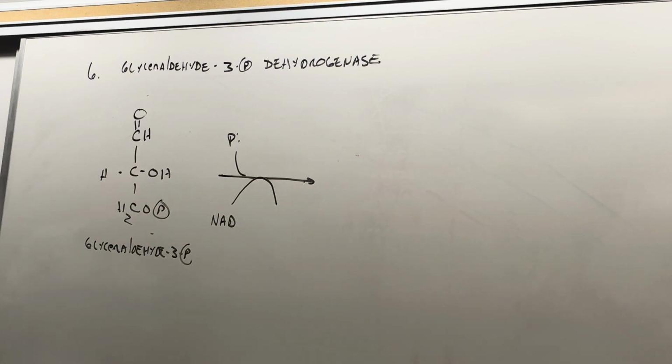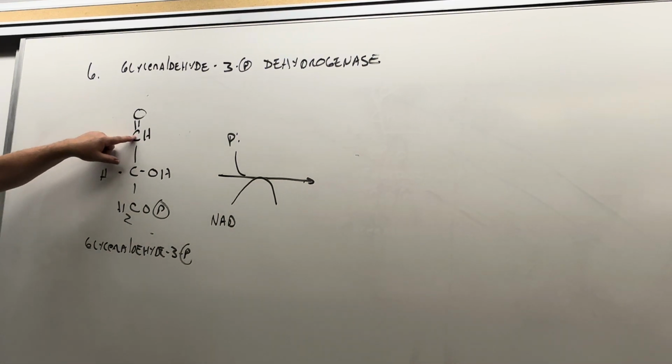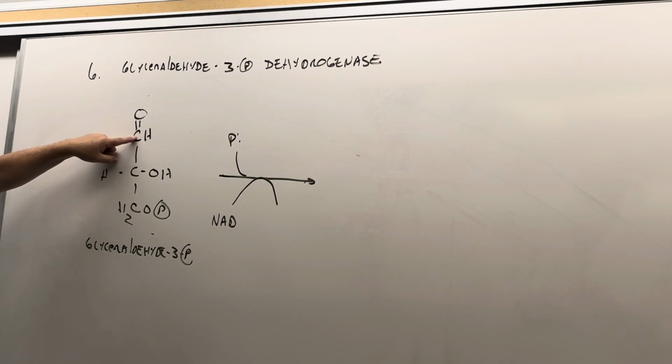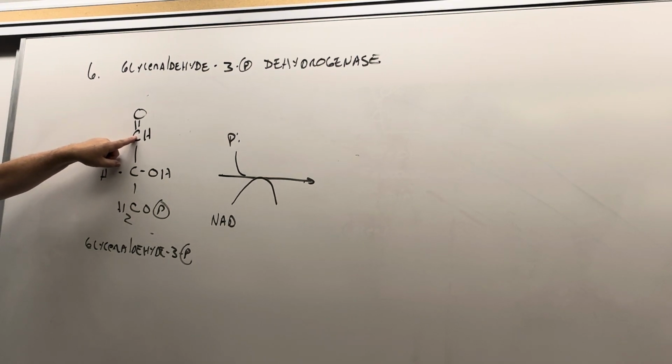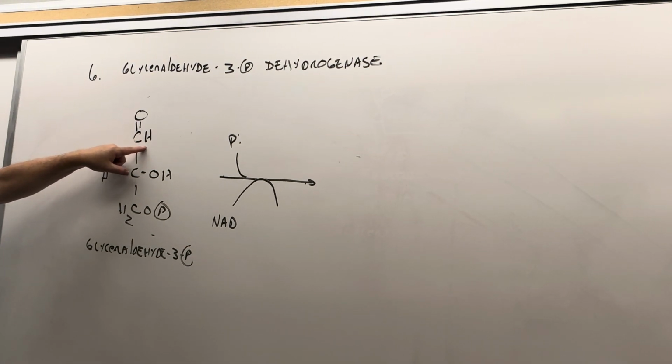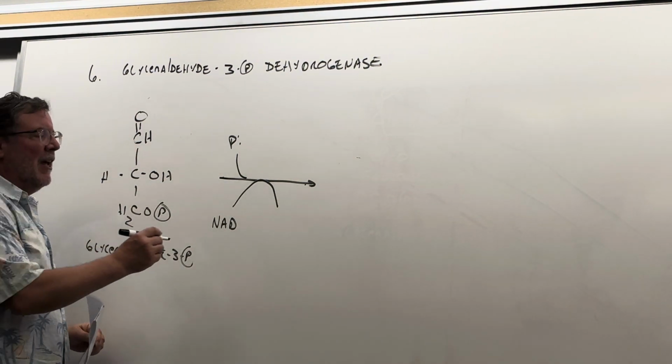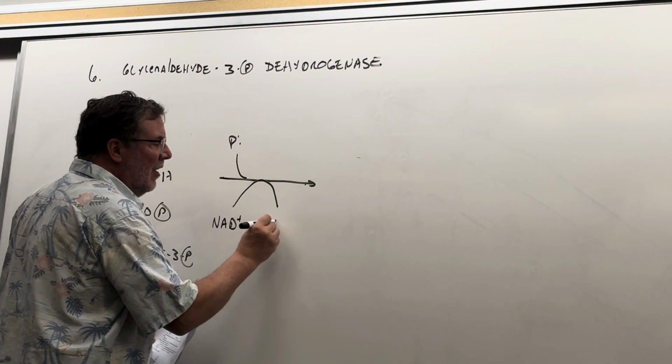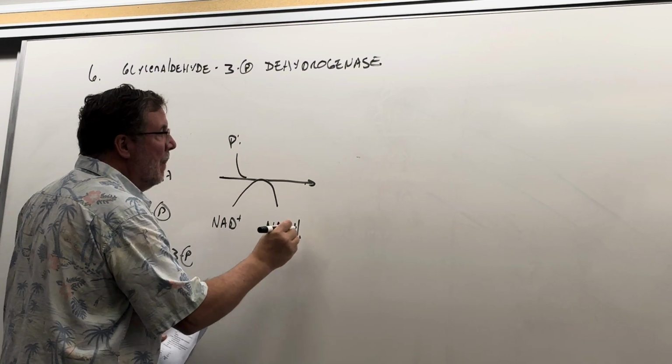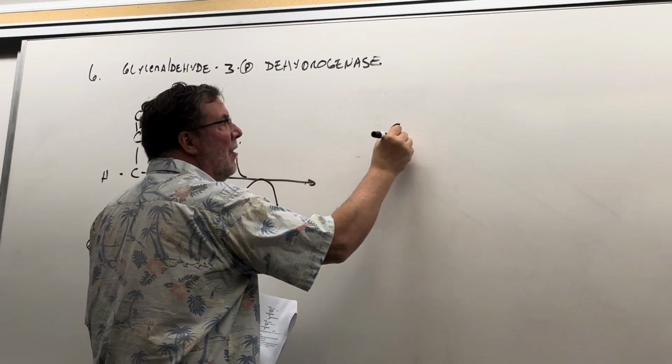And what we're going to do is oxidize this carbon up here to a carboxylic acid, but the free carboxylic acid is never actually going to exist. We're actually going to oxidize it and put a phosphate on there, but it's the same oxidation status as if it was a carboxylic acid. So we have NAD+ goes to NADH. And so what we're going to end up with is,